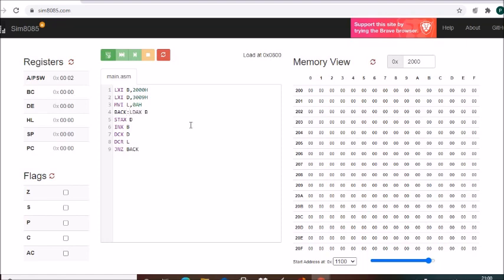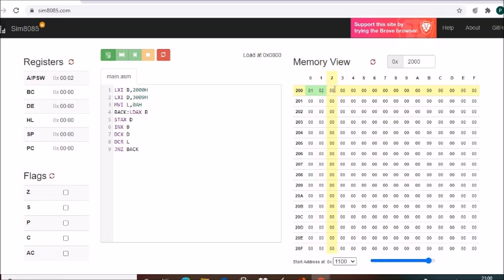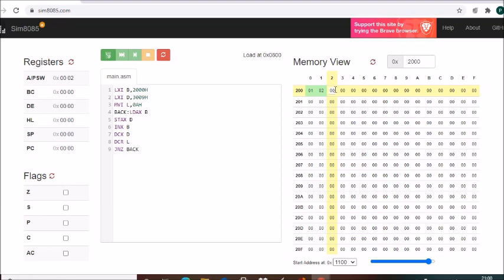Okay. Now let us load the data. 01. This is 02. This is 03.